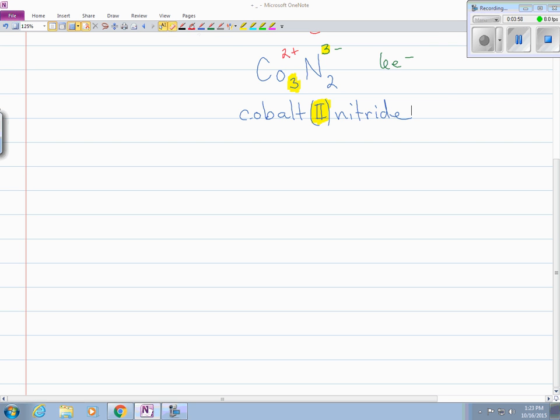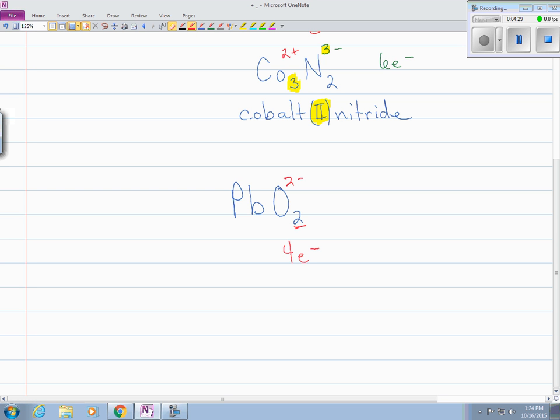So one last example, what if we had PbO2? So lead is a transition metal. We don't know what its charge is just by looking at the periodic table. How many electrons did oxygen gain in this case? Well, we know oxygen always gains 2, so it has a -2 charge. It's in group 16. We also know that there are 2 of them, which means that 4 total electrons changed